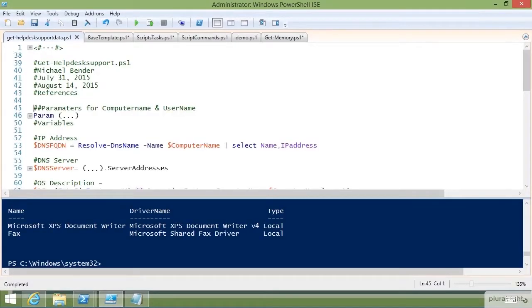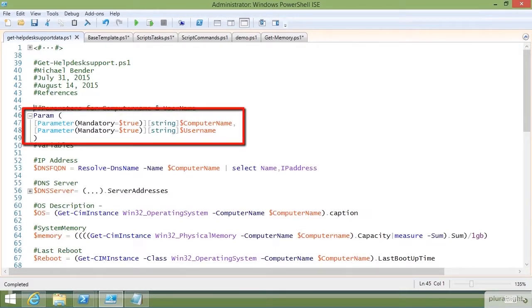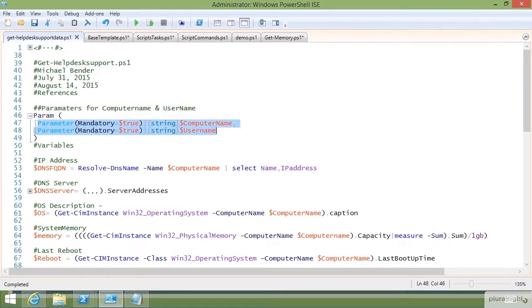Remember, what I want to do is create parameters. I want to create variables. I want to make it so that the script is actually going to flow properly. So what I did up here is I created those two parameters, one for computer name and username. Both are a string and both are mandatory. So that'll make sure that when this runs, whoever initiates it has to put in a computer name and